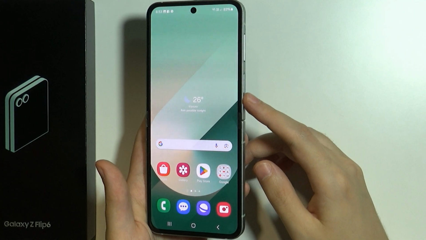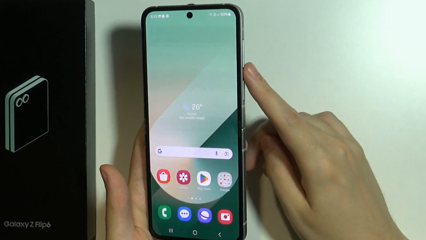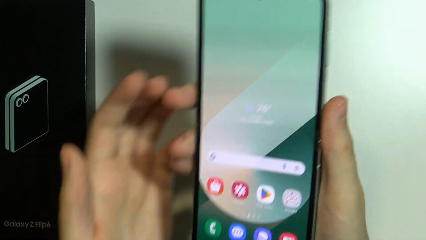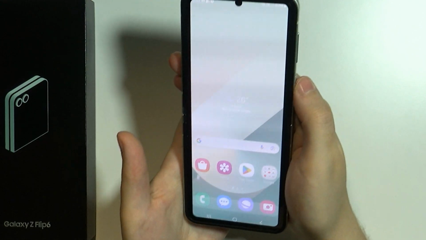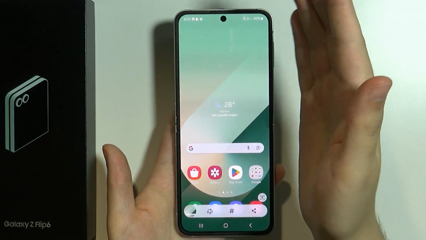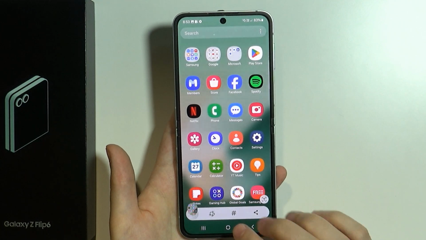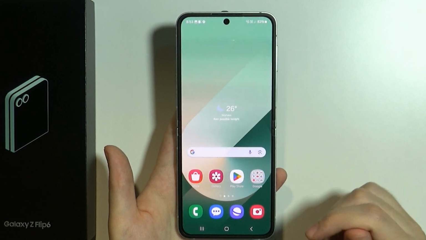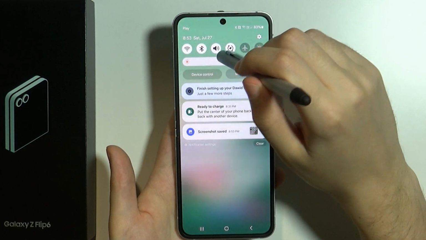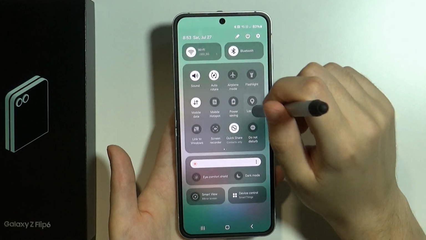So you can of course use the power button and volume down button together at the same time. You can simply press them. Here we go. Or you can just use your palm gesture, so you can swipe like this. There we go. And of course you can also use the take screenshot button in the quick access, which is